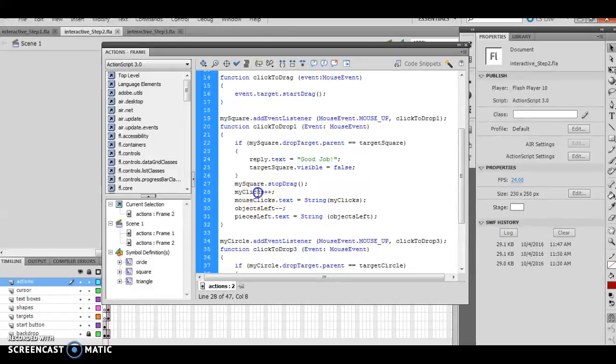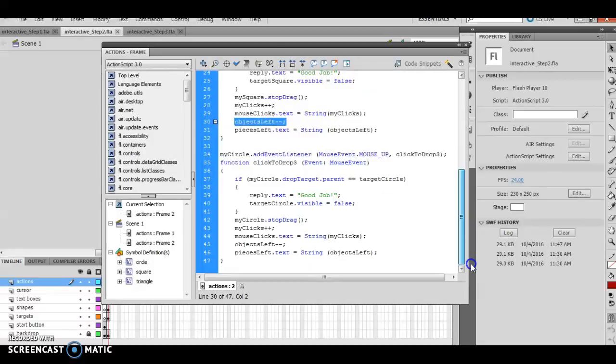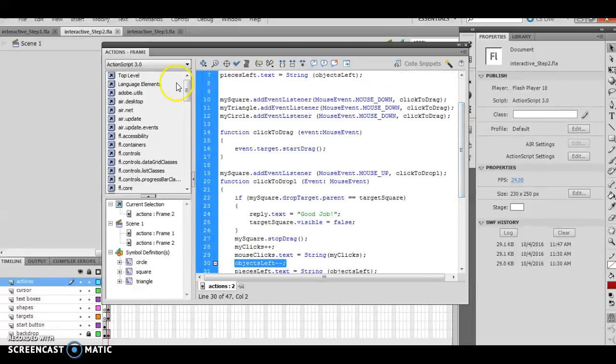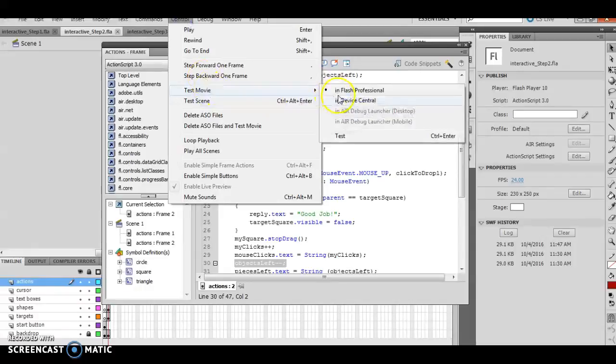So it's taking this means it's adding one to my clicks, and this takes one away from objects left. So I'm actually changing the value of my clicks and objects left at runtime. Also, I've added the my circle event listener, but we haven't really done a whole lot with it as of yet. So the way that works or looks when we actually work with it